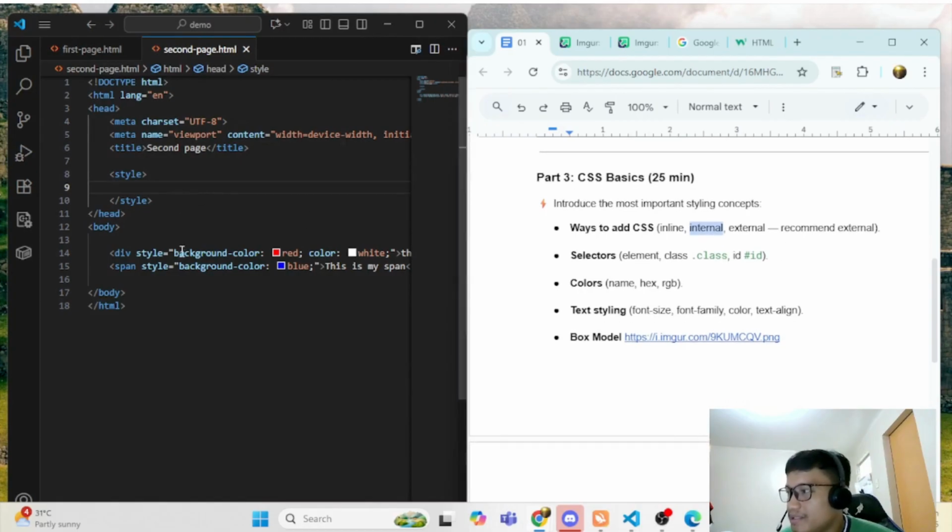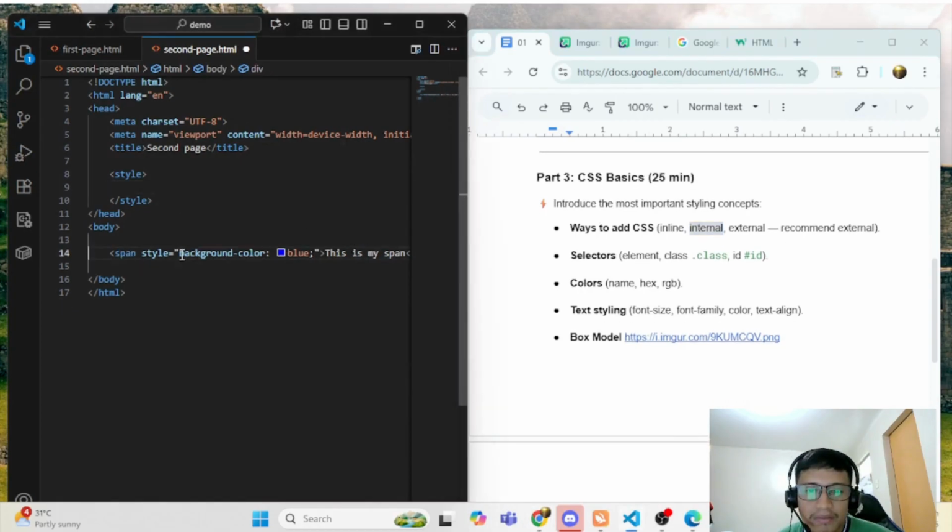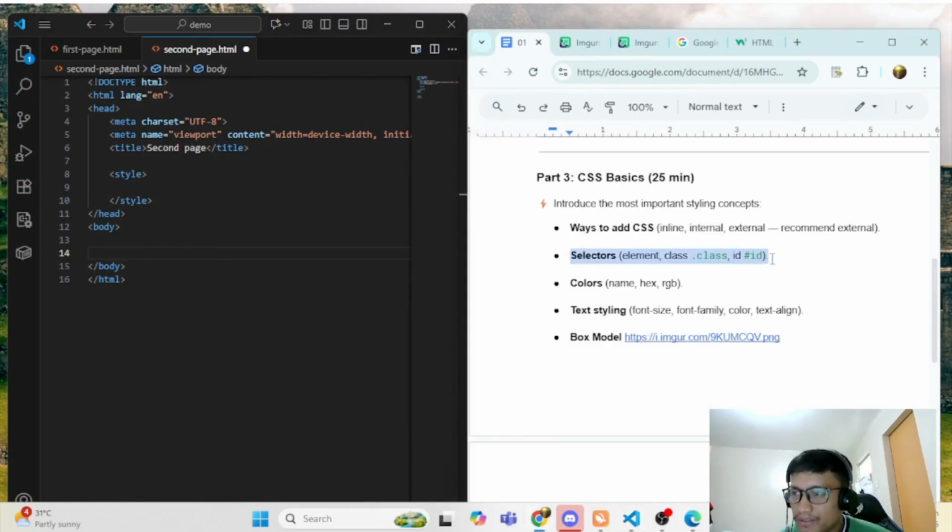So I'll just remove the div and also the span. So to add a specific style, you will be needing the selectors. Okay. So we need to select what HTML tag we are going to put as style.